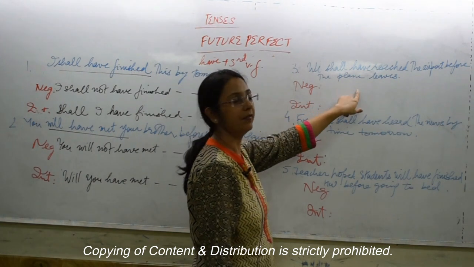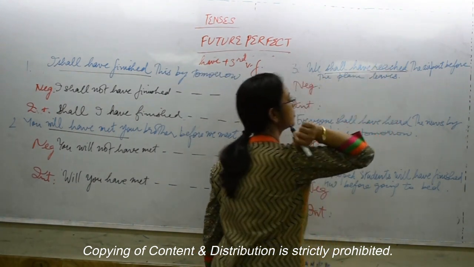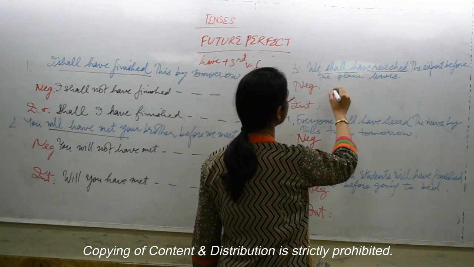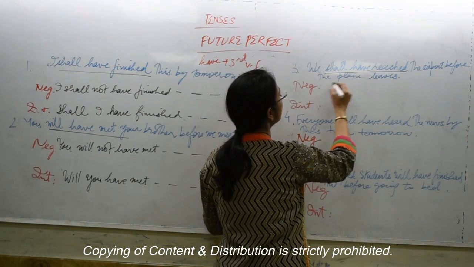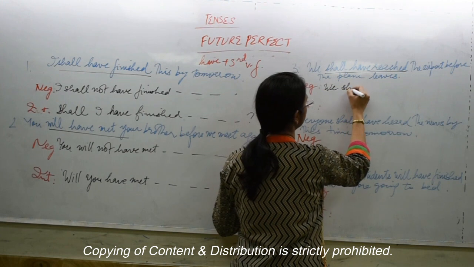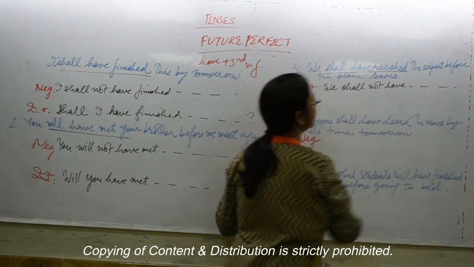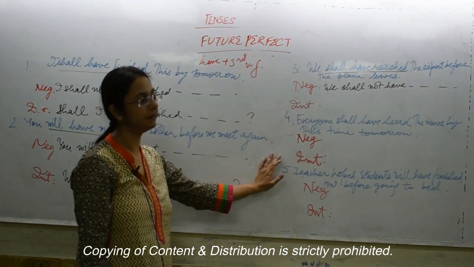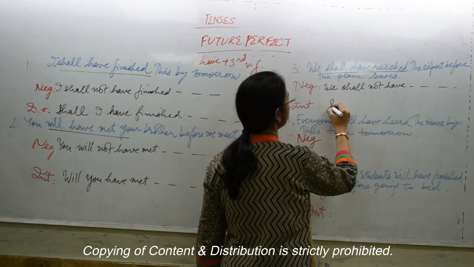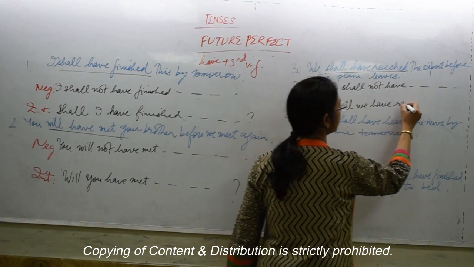Similarly, we shall have reached the airport before the plane leaves. Shall have reached is your future perfect. So, we shall not have reached the airport before the plane leaves. Interrogative, shall we have reached the airport